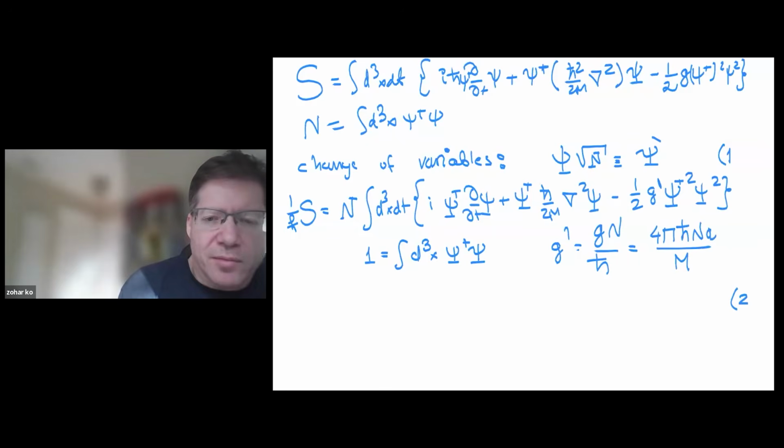So already in step number 1, something interesting happens. N, which is the number of particles, is no longer in the field operator. It's like an effective h bar. It makes the theory effectively much more weakly coupled than before.